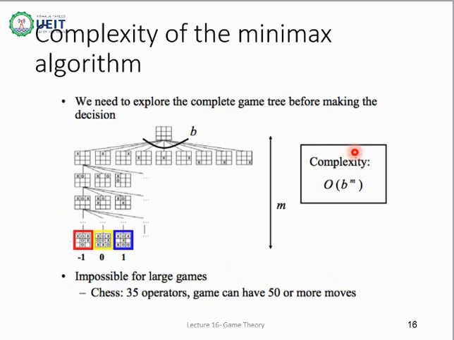The Minimax algorithm explores the complete tree before deciding the best possible path, thus making its complexity exponential, which is big O of the maximum branching factor raised to the maximum depth of the tree. When larger games are solved using the algorithm, it takes much time and space to provide the solution as it visits each and every node and keeps each and every node in memory. It becomes impossible to handle larger problems using the Minimax algorithm.